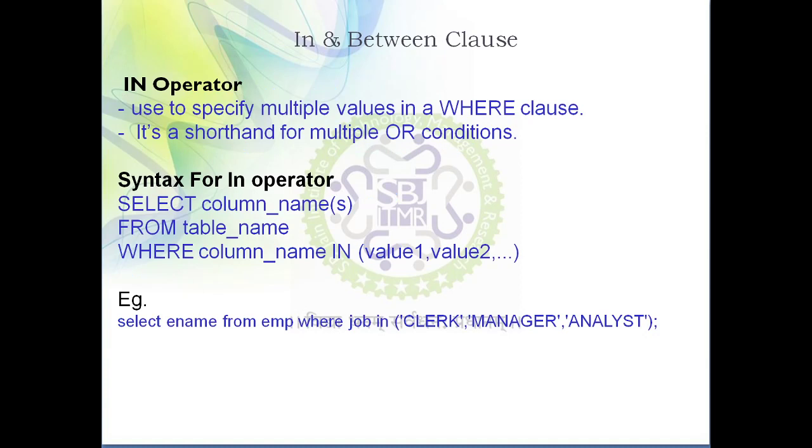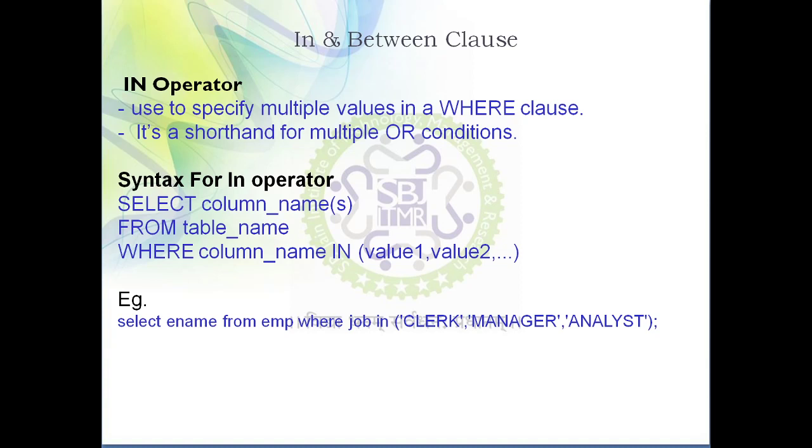Then next one is the in and between clause. So what is the use of the in operator? The in operator is, I can say, an option available with the or clause. It is used to specify multiple values in a where clause. Now when to use the or clause and when to use the in clause? Suppose you have multiple conditions, that means one or two conditions, then it is okay, you can use or. But suppose you need to specify 50 conditions in a single query, then at that time it is recommended to use the in operator as compared to or.